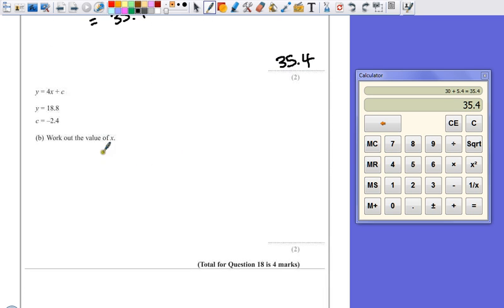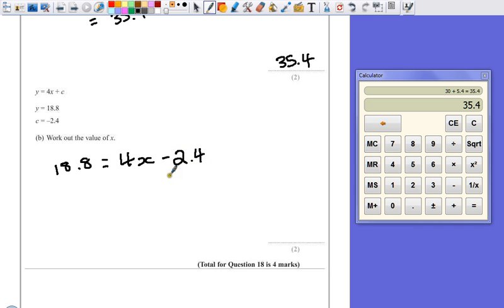Part B says to work out the value of x. We're using the same formula, y equals 4x plus c, but this time y equals 18.8 and c is minus 2.4. So if we just write down what we know, y, in this case it's 18.8, is equal to 4x, and we don't know what x is, so we have to leave that as 4x, add minus 2.4. So I'm actually going to just put that as subtract 2.4, because when you add a negative number it